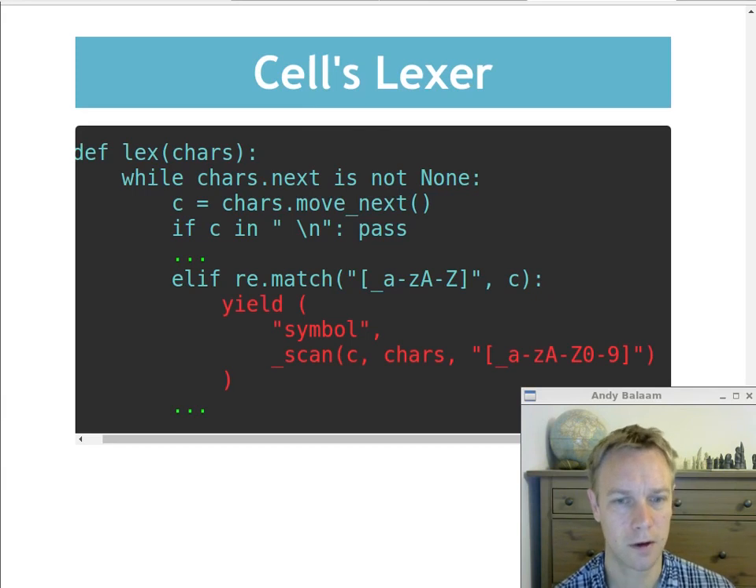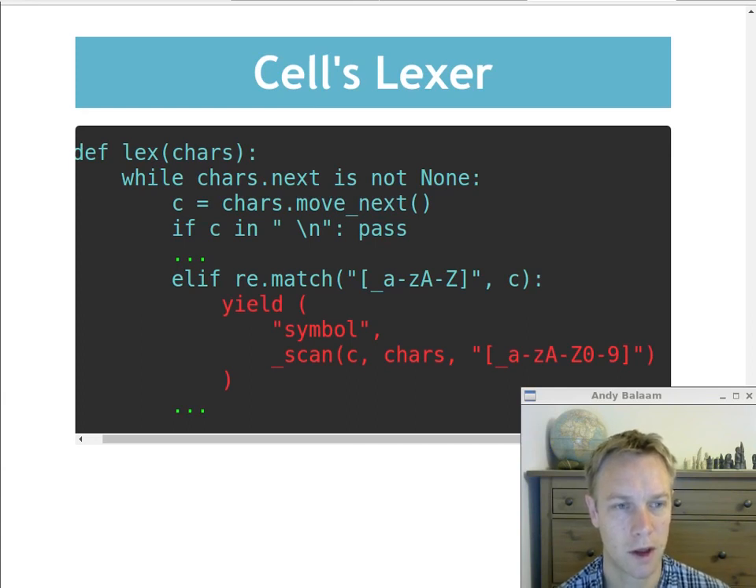So once we've found that first character is a letter or an underscore, then we yield up something called symbol and we scan through. So this is calling the same scan function we just saw for numbers, but this time the regular expression we're passing in to say what's allowed in a symbol includes underscores, A to Z, and 0 to 9. So in lots of programming languages, symbols are allowed to contain numbers, but they're not allowed to start